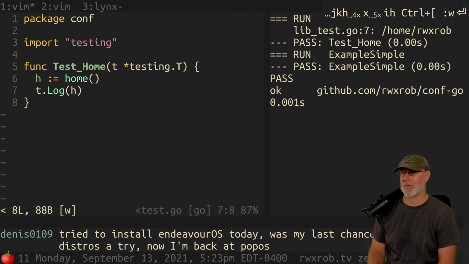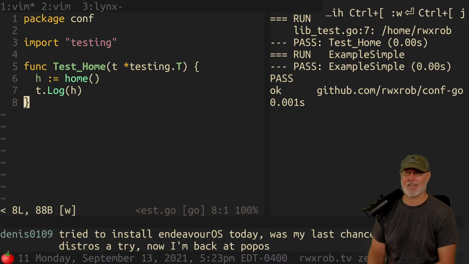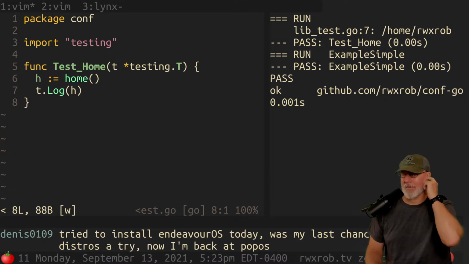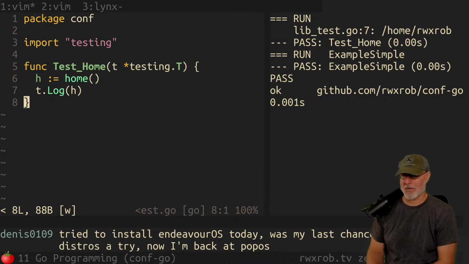And this is some of the extent of some of my tests. I kid you not. You tried Endeavor? Did you like it? Actually, Endeavor really looked pretty to me. I'm interested you tried it.